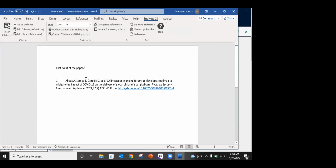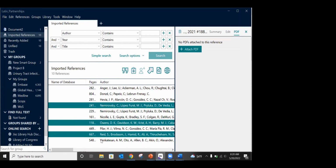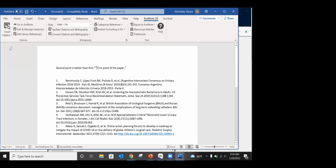Say my second point is better than my first, and I want to just add more citations. I can actually go into EndNote, which I really like this feature. Hit Control, or Command on a Mac, and select random citations that I want to cite here. If I go back into the Word and click Select Random Citations, it's actually going to pull those ones that were highlighted, which is really great because you can